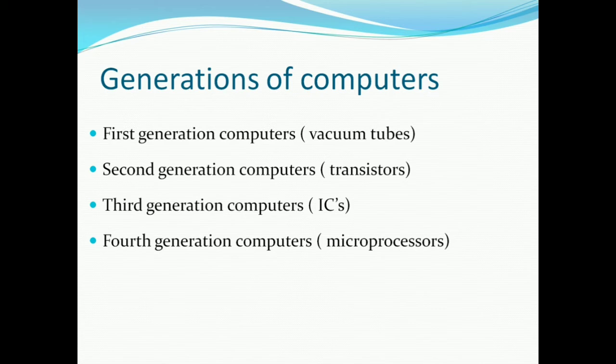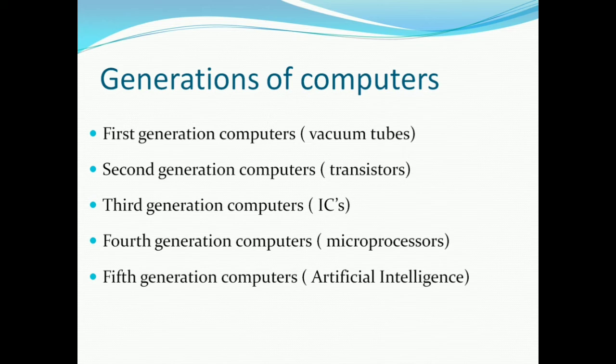And the last generation of computers is known as fifth generation computers. They use super large scale integrated chips. Artificial intelligence is a technology that enables a computer to think like humans and perform like humans. It has the ability to recognize images and voice, and also the ability to solve complex problems including decision making and logical reasoning. So these are the 5 generations of computers.